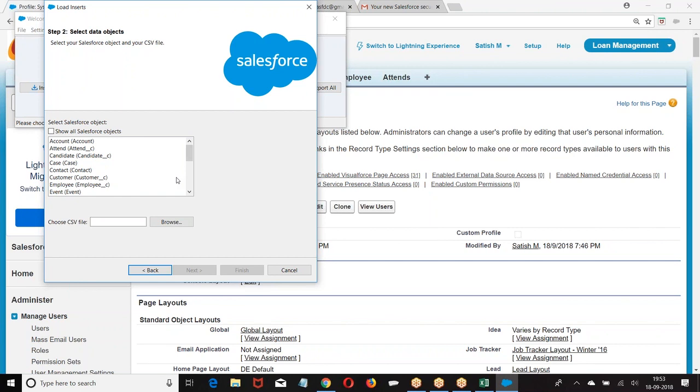In case your IP address is not whitelisted, then we need to go for username, password plus security token. If your IP address is whitelisted, what does it mean? Boss, I believe the system is secure. No need for any extra token. Directly allow the user to log in with the username and password. If I believe this is a valid system and I know it doesn't require any security token, then I will whitelist it. That is the network access.